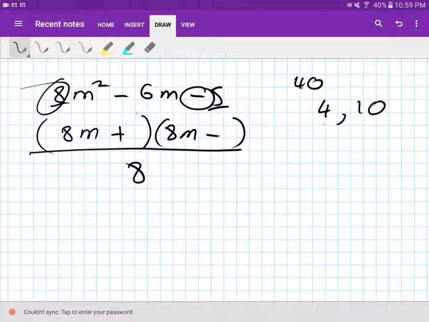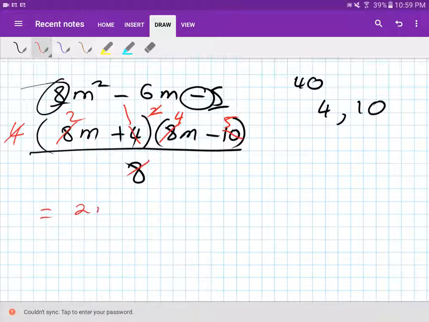But because this time the negative is 6m, so negative 6m, the negative must be on the bigger number. So this is 10 here. This is 4 here. Now, I take out the common factor. For this group, first one, 4 is a common factor. So I take the 4 out. That gives me 2. That gives me 1. 8 and 10, the common factor is 2. So that gives me 4. That gives me 5. So 4 times 2 is 8. You cancel out. So your answer is 2m plus 1 and then